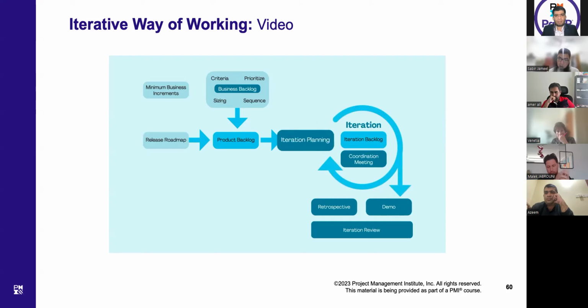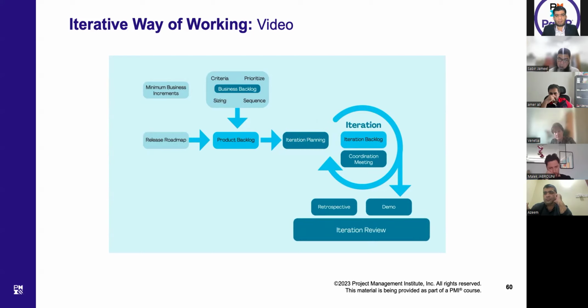The team starts with the iteration planning and ends with the iteration review. Agile teams usually choose between an iteration length of 1 to 4 weeks, with 2 weeks being the most common choice. Regularly, the team meets for a coordination meeting, also called a stand-up or scrum. The stand-up helps the team coordinate and work in a quick and informal way.